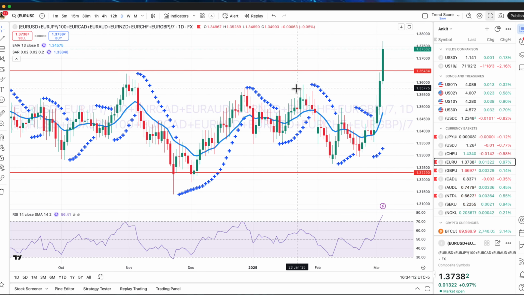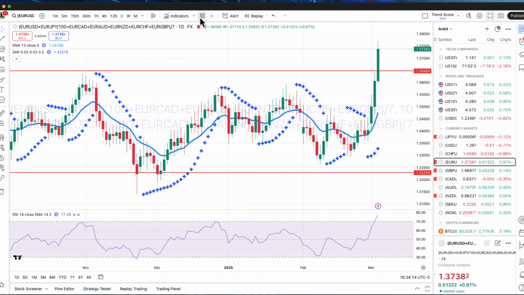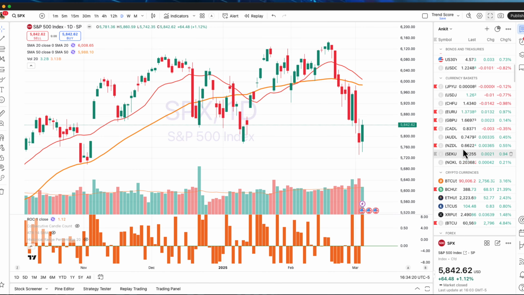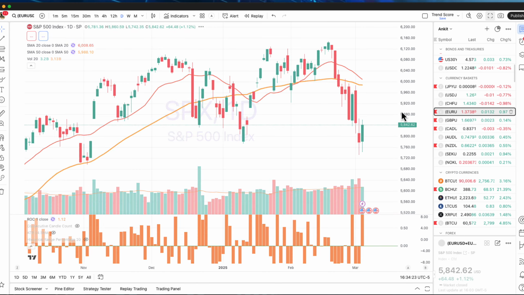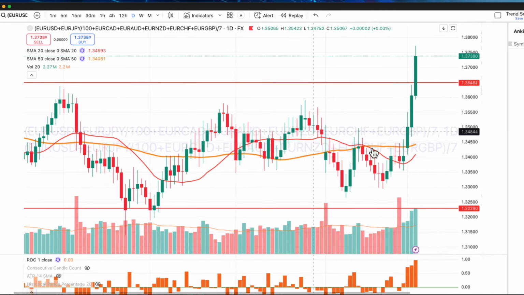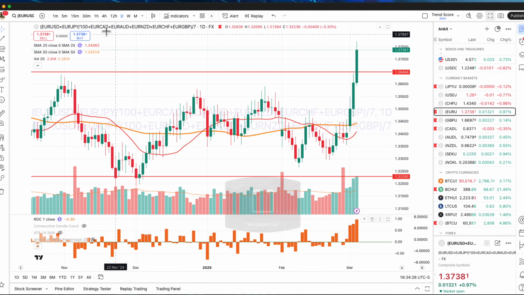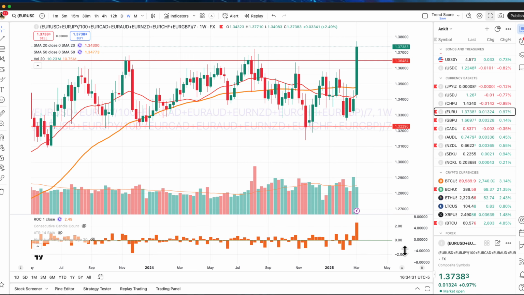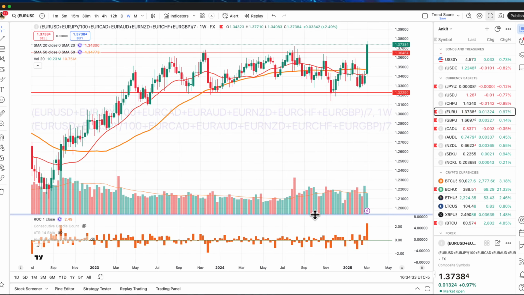So you can see that this is a record surge. I'm actually going to show this percentage move here. If you go into the Euro and take a look at the surge that we have on a weekly percentage change, you can see that we are sitting at the largest gain. And go back in time,